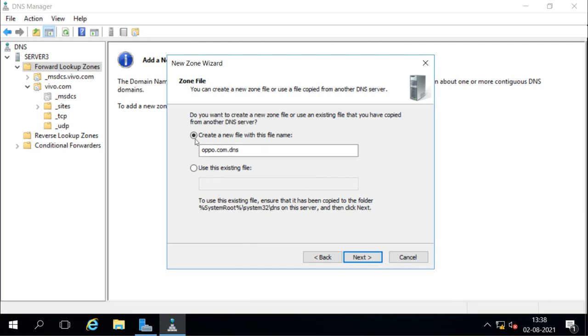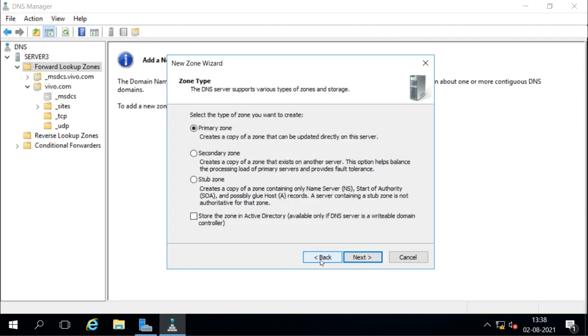Because I have selected not to integrate with Active Directory, but I can integrate with Active Directory because this is a domain controller. Here it says available only if the DNS server is a writable domain controller. So if you are creating the DNS zone on a machine which is a domain controller, then we can use this feature.